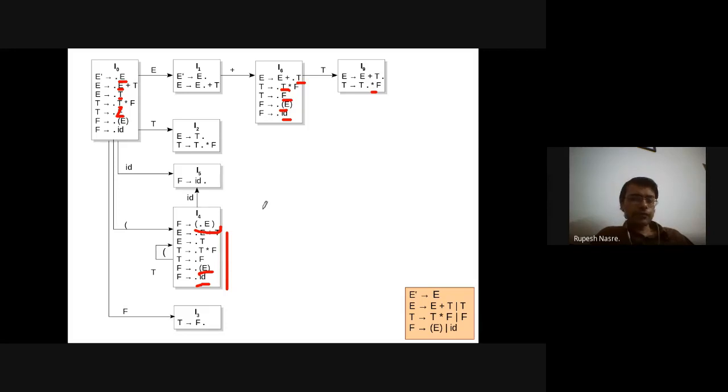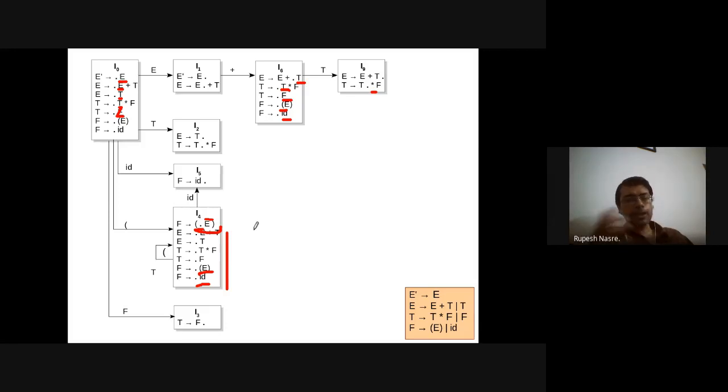But anyway, that's fine. Kuldeep and others who have not understood, as soon as I consume capital E, since I have seen so far opening parenthesis and I have not yet consumed E, therefore the dot appears between these two.